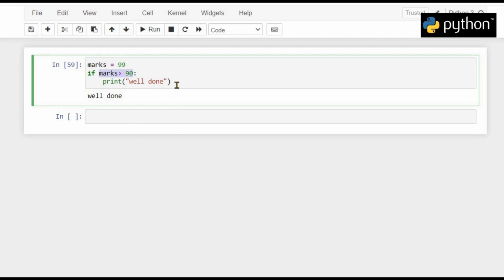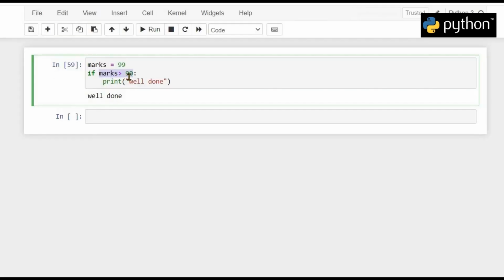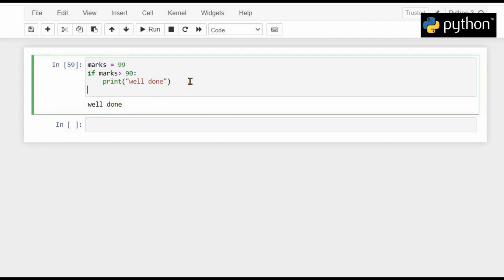Now like the if statement, we also have the else statement in Python. The else statement is basically used to tell our program what to do if our if condition fails. For example, here when the student scored marks greater than 90, we were telling our program to print well done. But what if the student scored marks which is less than 90? Then we can't just let the program do nothing. So for that purpose we use the else condition, that if the student didn't score more than 90 marks, then